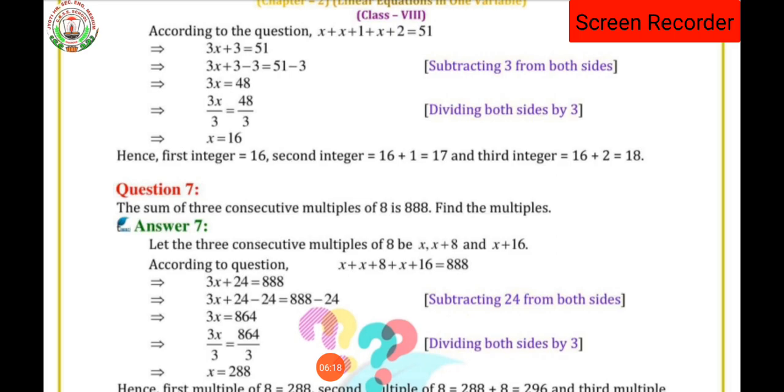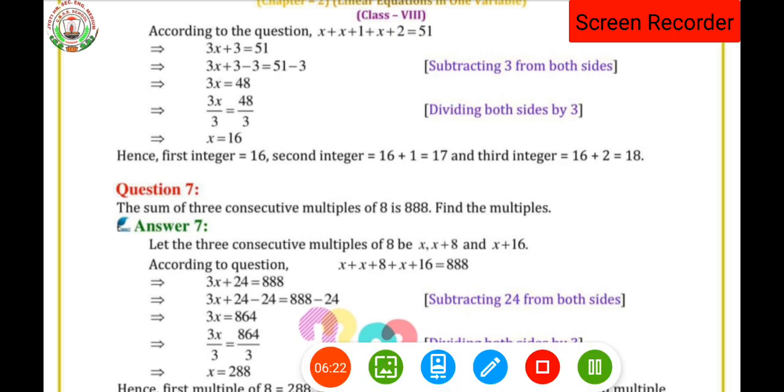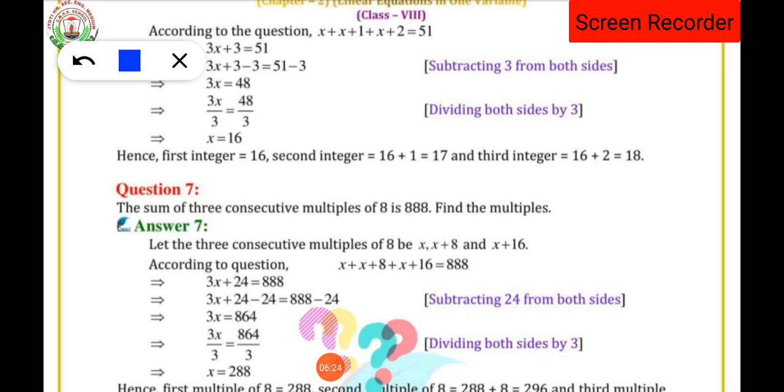In the above question it was said that the sum of three consecutive numbers is 51, that's why we added the consecutive numbers. Since here consecutive multiples is said, and the multiples are of 8, we are going to find the multiples of 8. So let the first multiple of 8 be